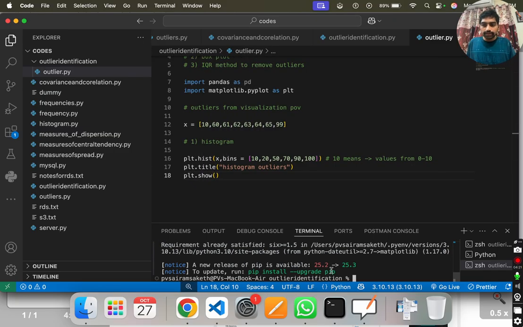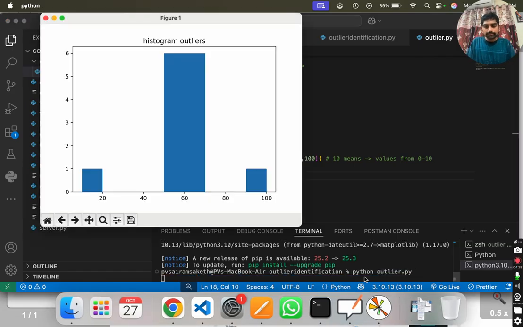Now we will run this code: python outlier.py. If I run this code, you see that the majority of the data is present between 50 and 70. And you see that in this data, this is an extreme point, only repeated once, but this other point is repeated 6 times. So that's why you can say that this particular thing is an outlier, as it is going towards the